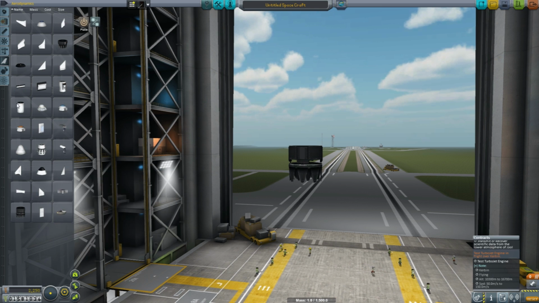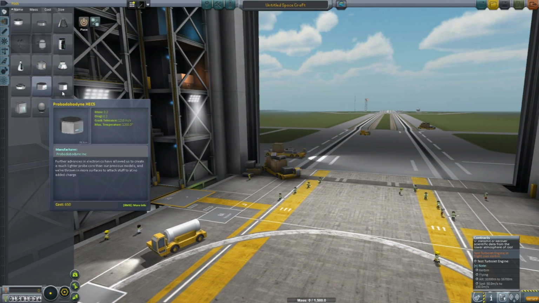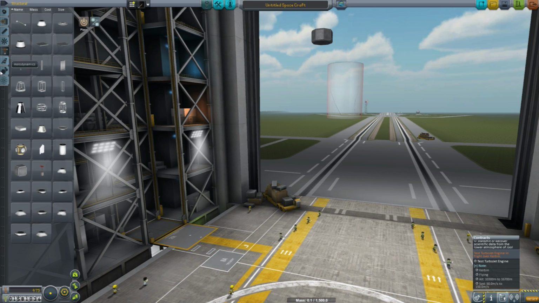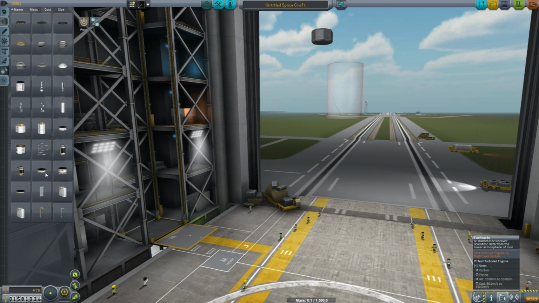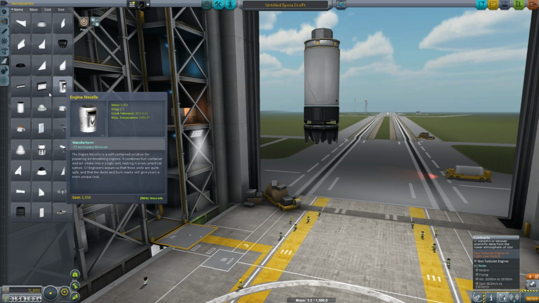Structural aerodynamics. There we are. Liquid fuel fuselage. I really should have actually put a probe core on this first. There we go. Probe core. Plain old battery. Turbojet engine. There it is. That has 800 electrical charge. Not even going to be minutes for this flight, so